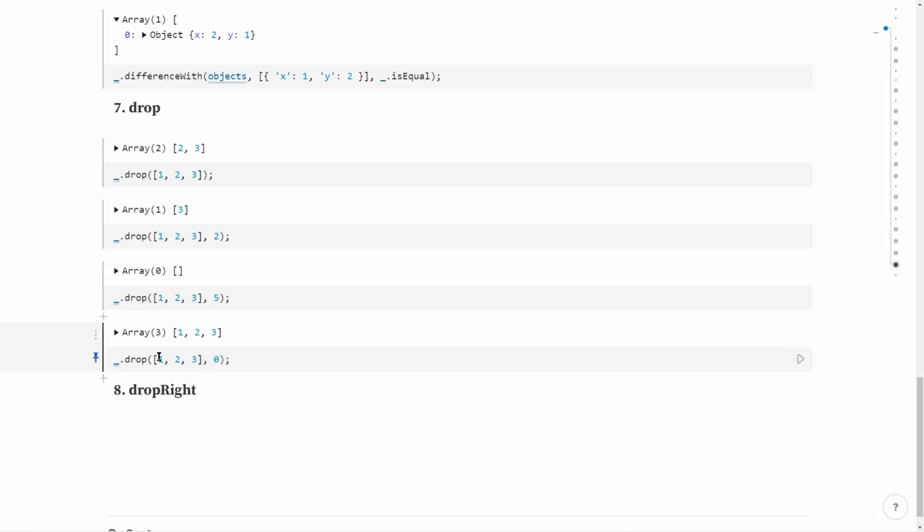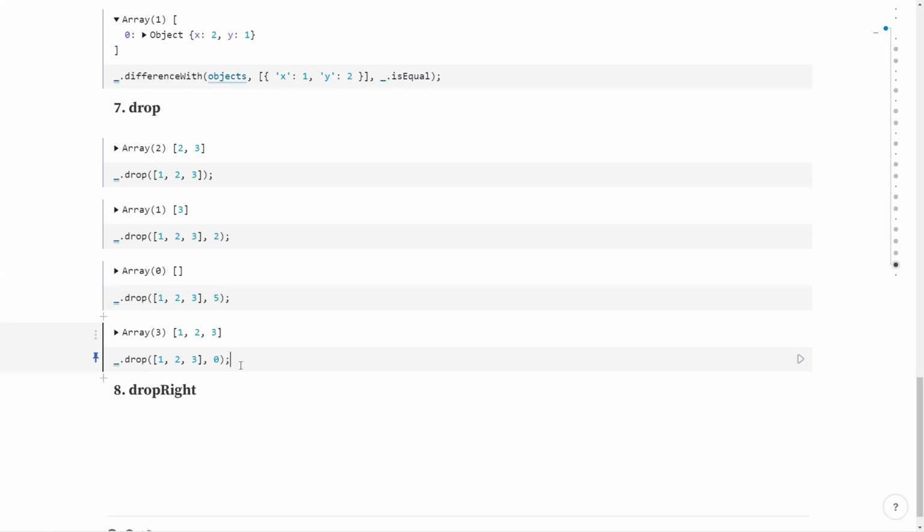But if you are passing a dynamic array and dynamic size, then it is useful. In dynamic cases, you cannot guarantee that you won't get 0. So if you get 0, it won't perform any operation. It will return the same array. So you got 1, 2, and 3.